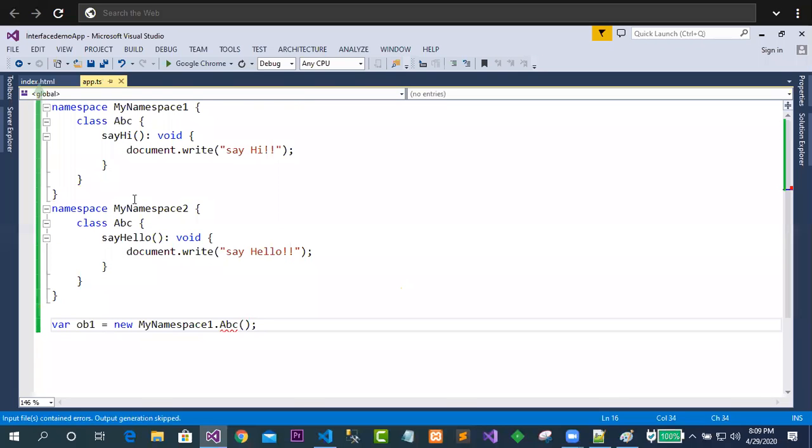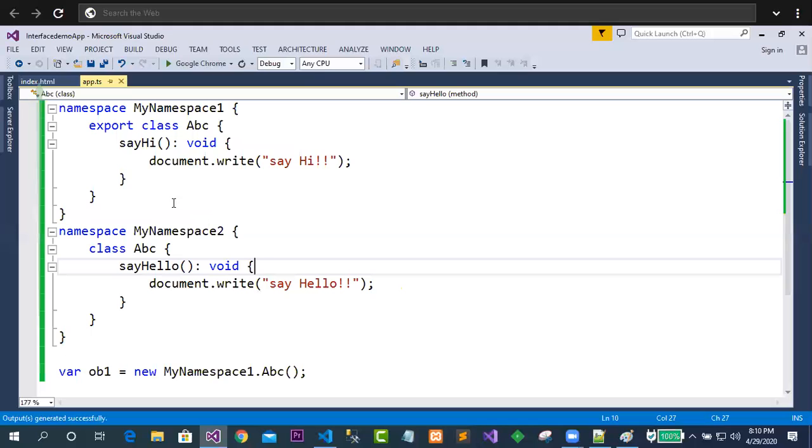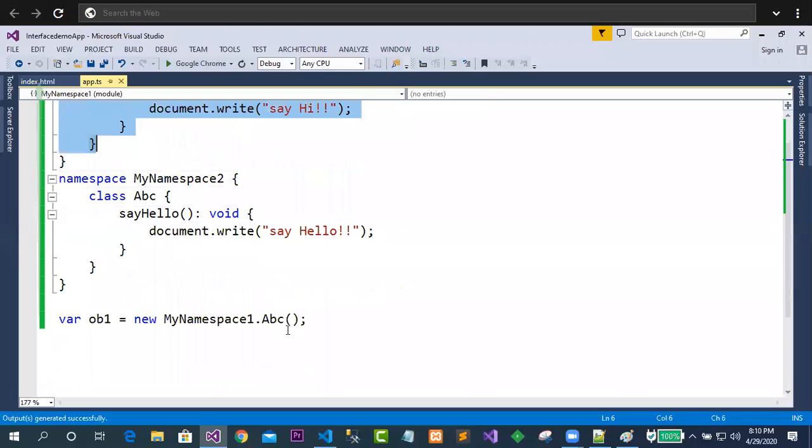So that is why people use a keyword called export. Whenever you are trying to take a class and access it outside of the scope, you have to write the class with the keyword export. After that only we can access it like this. Just see, here ob1 has been created by taking the fully qualified name, my namespace 1 dot ABC.